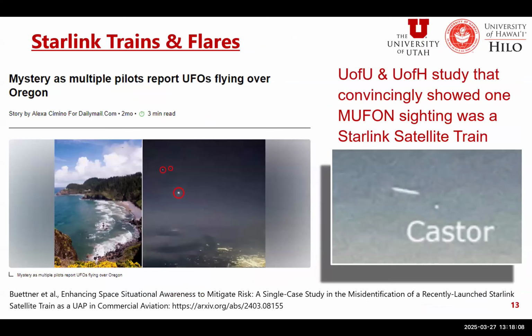Other cases that I've worked on, in particular, have been Starlink satellites that have been misidentified as UAPs. And so this case on the right, we actually published a paper. I worked with an individual from the University of Hawaii on it, and one grad student and one non-grad student, where we put a paper out there that very carefully was able to go through and, from this photograph from the actual